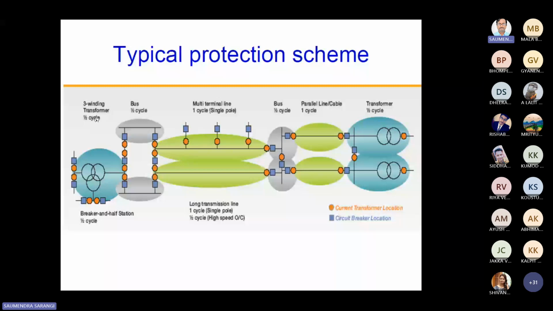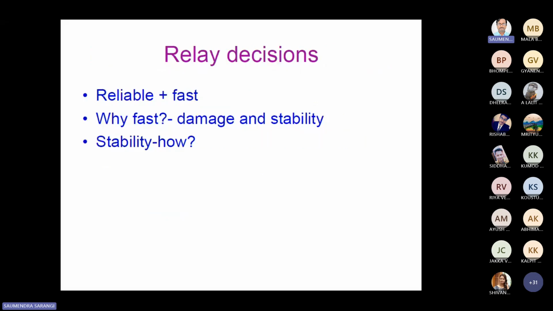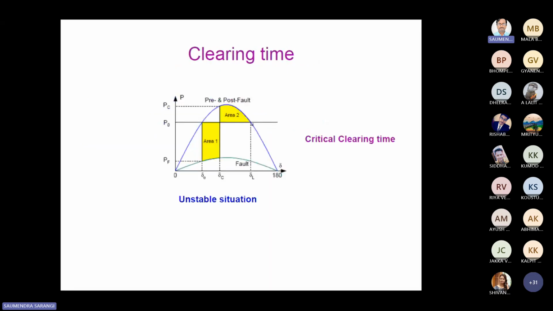For a 3-winding transformer, half a cycle. So basically the time period to detect the fault is very small. It is a challenge to detect the fault within a very short time period. As I told, backup protection is also required. So the relay decision should be reliable and very fast. Why fast? Because if you allow the fault to persist, it will damage the whole circuit. Stability should be considered. So what is stability? If you are delaying the clearing angle from this circuit, from this instant, so if you operate here, or if you operate a little bit beyond there, then you see